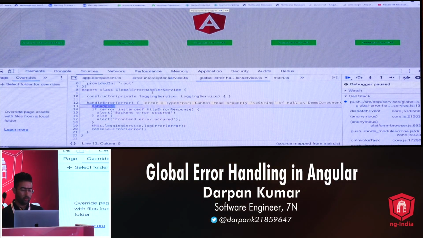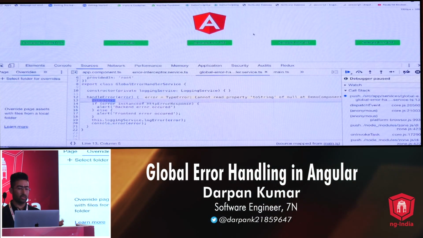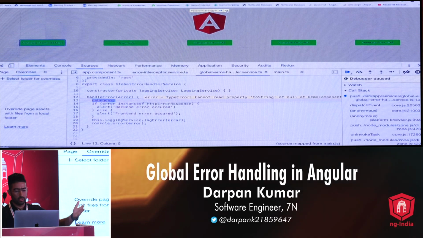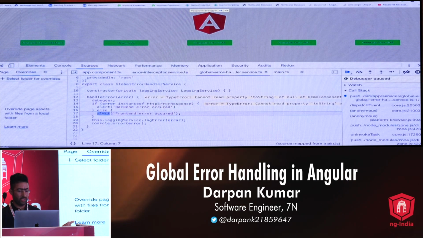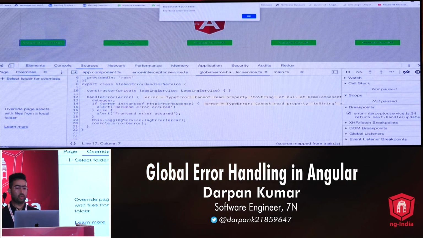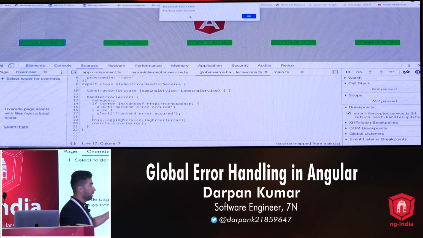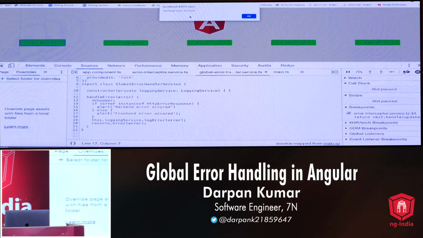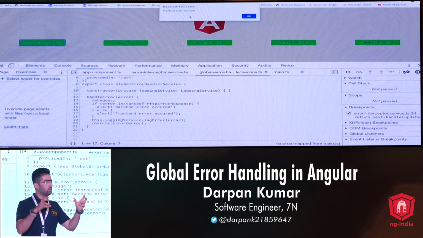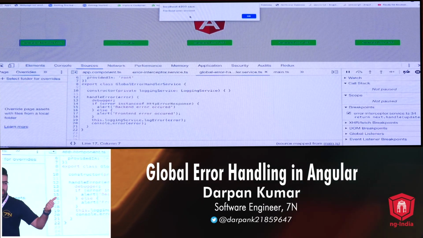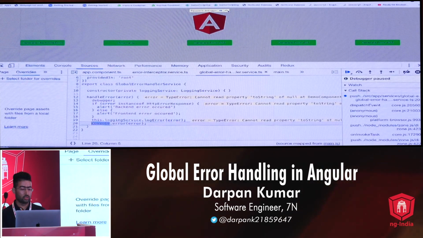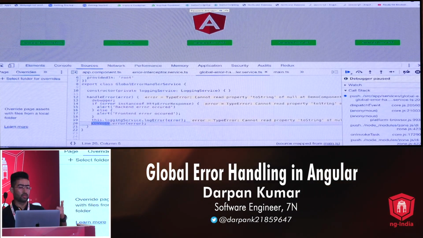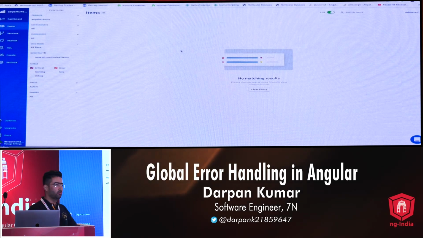So what we are doing here is we are getting the error. I have written a debugger here so that we can see how it actually works. It will check whether it's a backend error. No, it's a front-end error, and then it will show a message to the customer that there is an error. You can give your own implementation like a good modal or something, whatever you like, and then you can do the most important step, which is to log that error onto the backend server. This is Rollbar that I'm using for this example.